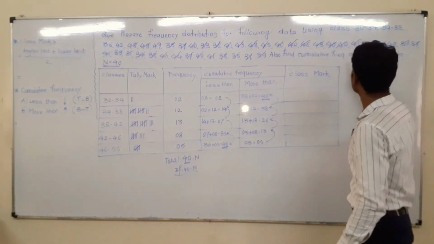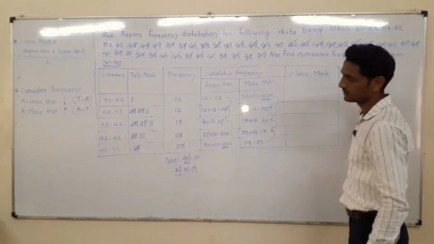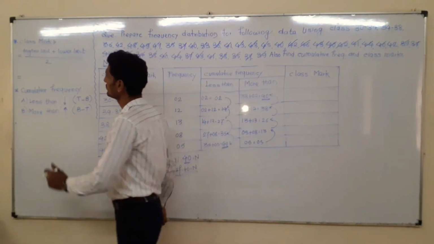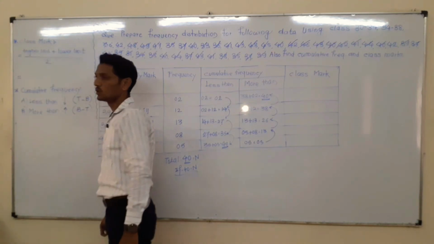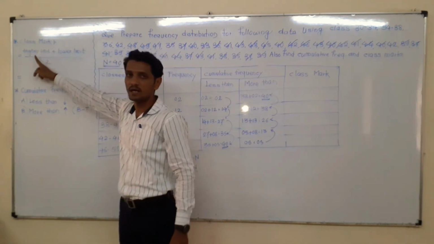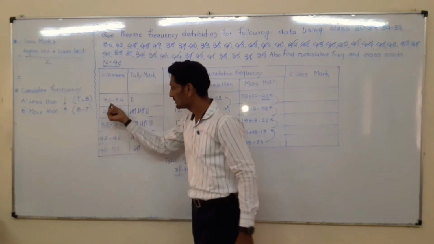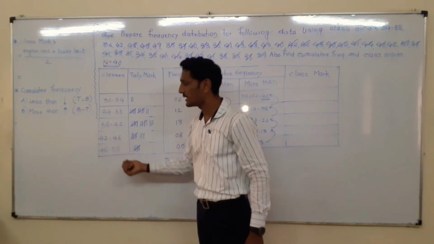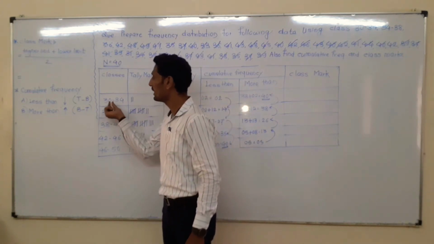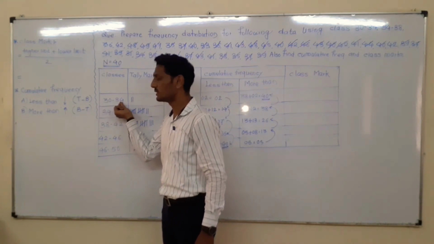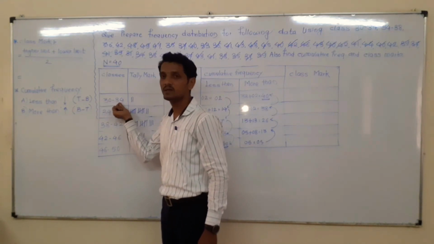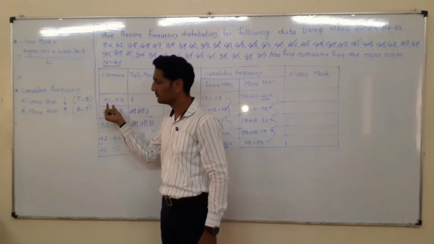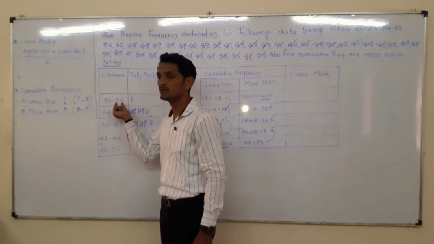Now the next question is, we have to find out class mark. Earlier we have seen cumulative frequency. Now look at the class mark. I have written here the formula to find out class mark. Now we have classes, that is 30 to 34, 34 to 38, 38 to 40 like this. It shows that the value will lie between 30 and 34, means not less than 30 and not higher than 34. So that group has limits, means lower limit is 30 and higher limit 34.